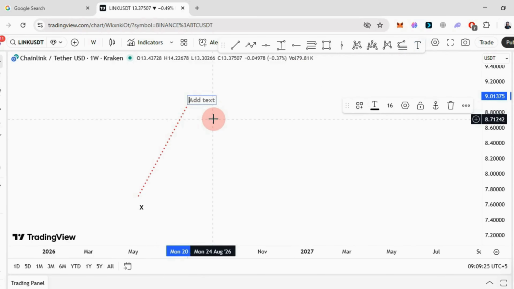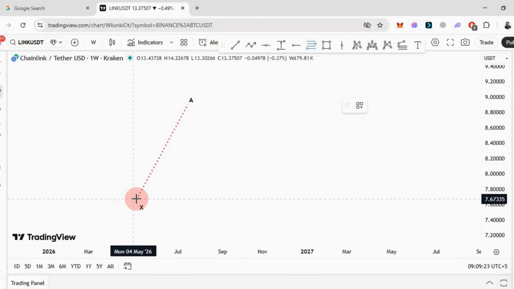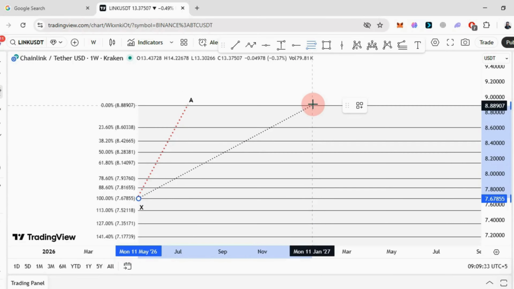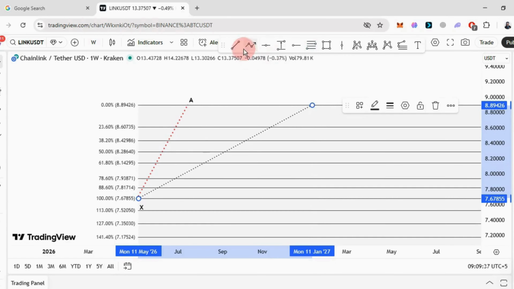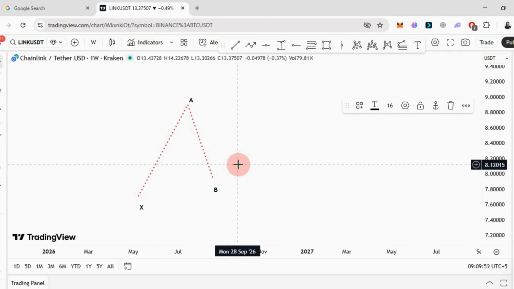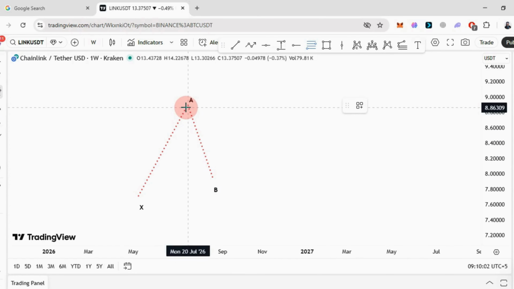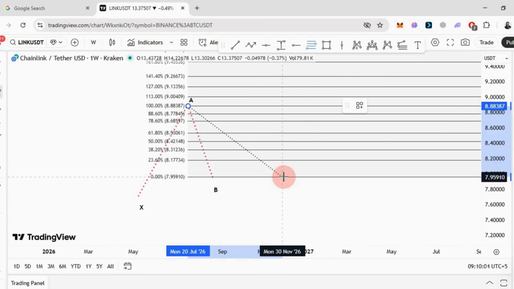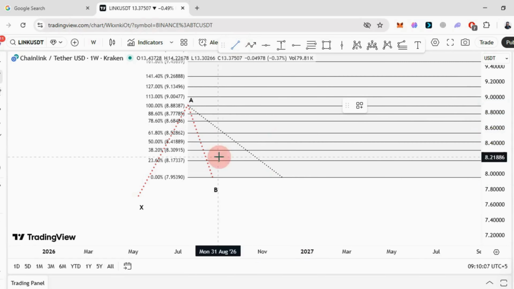To find point B, we take the Fibonacci retracement from X to A. The B retracement will cross 0.5, but it must not exceed 78.6%. To find point C, we take the Fibonacci retracement from A to B. The retracement must cross 0.382, but it must not exceed